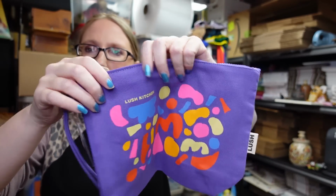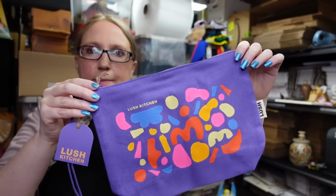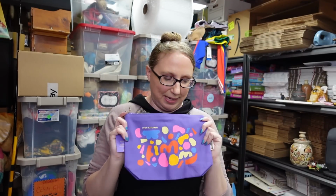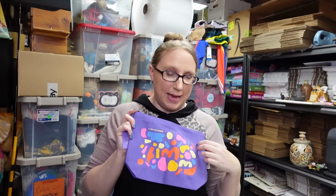I have a Lush zippered makeup bag. This is new with the tags. It's purple. I got this in one of my Lush subscription boxes. I have way too many makeup bags. So when I got this one, I was like, I just don't need it. So I listed this as a buy it now for